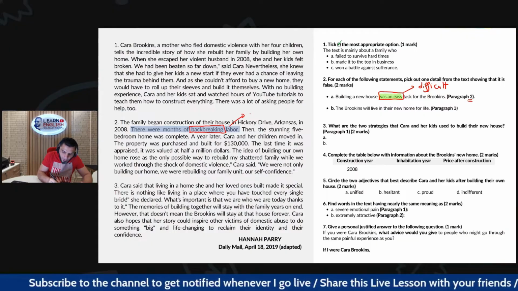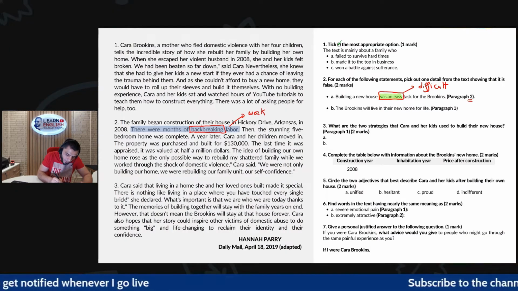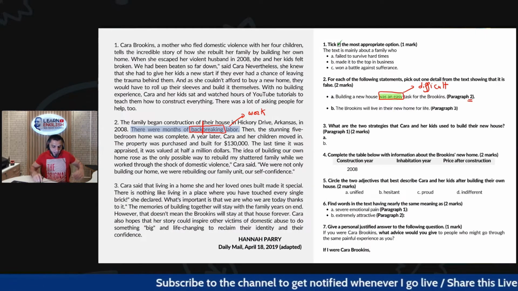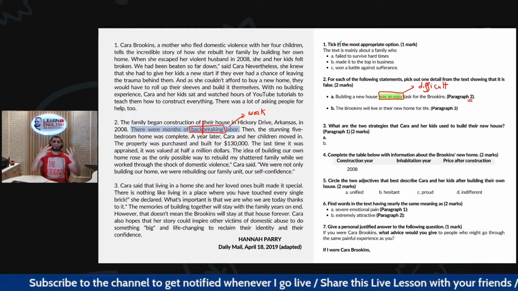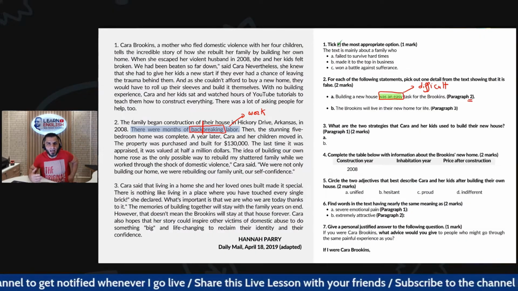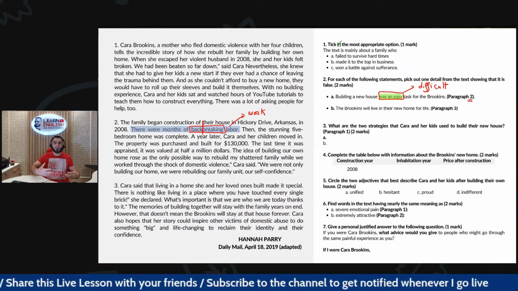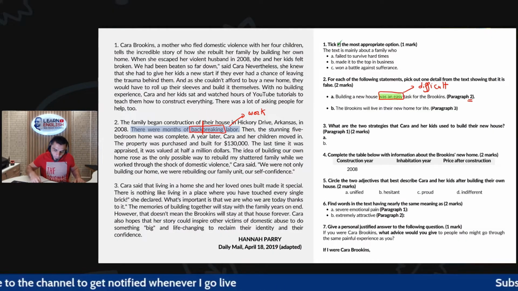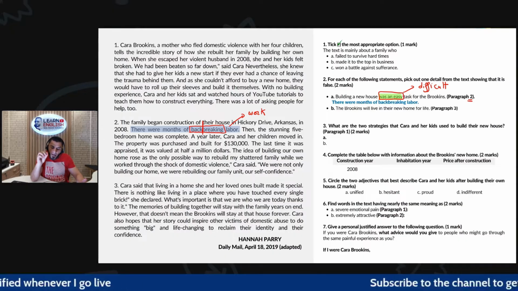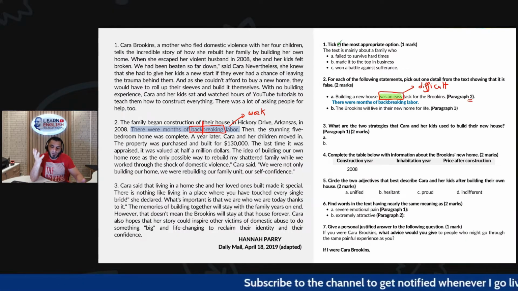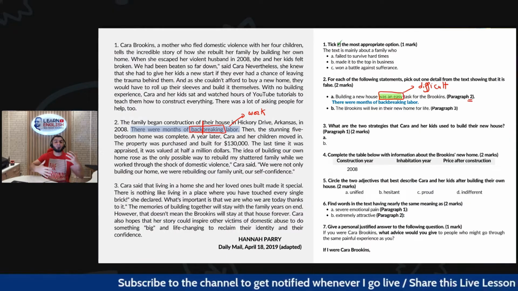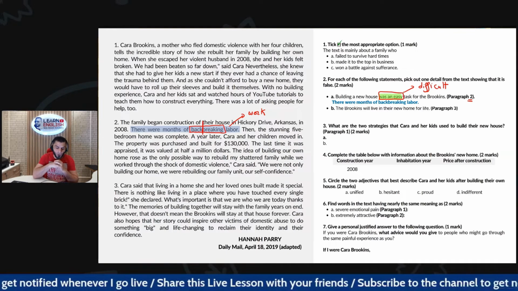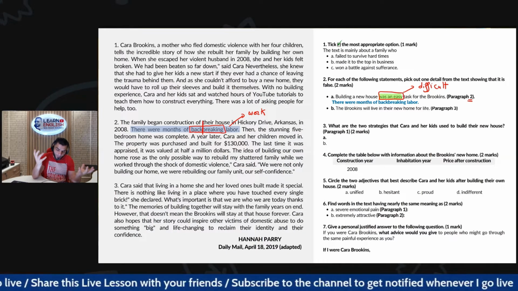Back-breaking labor. So labor means work. And if I divide the words, back-breaking, so this is my back, and breaking. So if I do something and I feel like my back is hurt, it means that this type of labor is very tiring and very exhausting. So the correct answer here: building a new house was not easy. So there were months. It means this family worked really hard to build this new house. So it was very tiring for them.